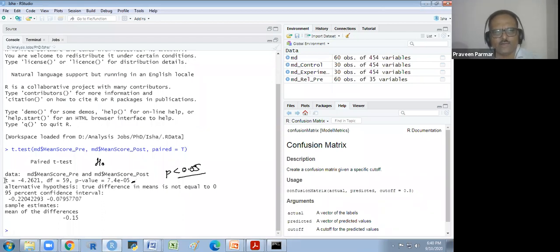So in this way, we get the t-value; we are conducting a t-test here. Degree of freedom is 60 data, so n minus 1, which is 59. And it is a paired t-test we are doing. And the p-value is less than 0.05. And the confidence limit where the value crosses, and the mean of the differences is given. The mean of the pre and post is given here. So in this manner we do it. So the p-value is very important.